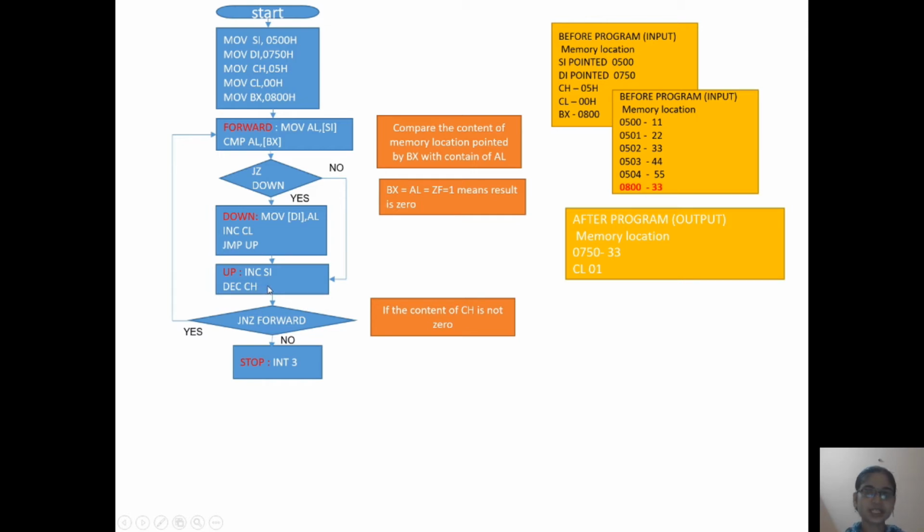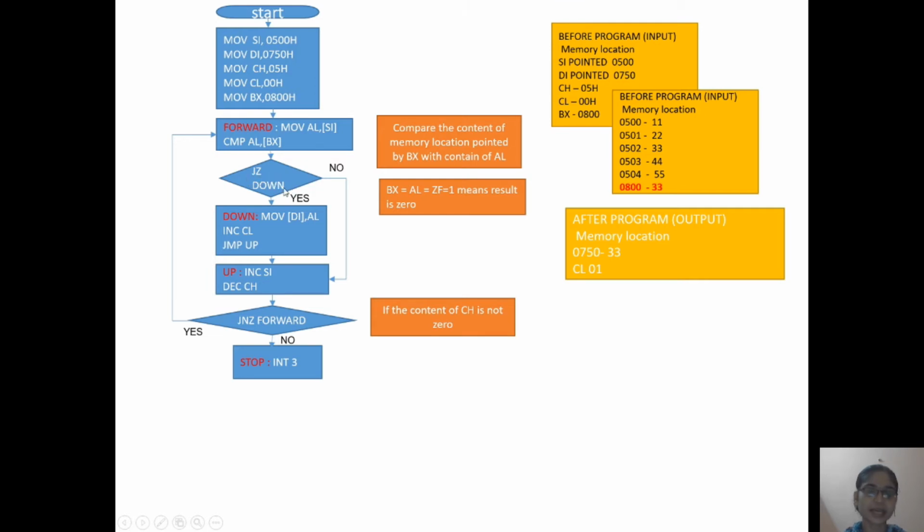So in the first condition, the content of memory location 500 is 11 and 800 has 33. So this comparison of two numbers gives a non-zero result. So when we come to this condition block, this zero flag is not set because the comparison result is non-zero.